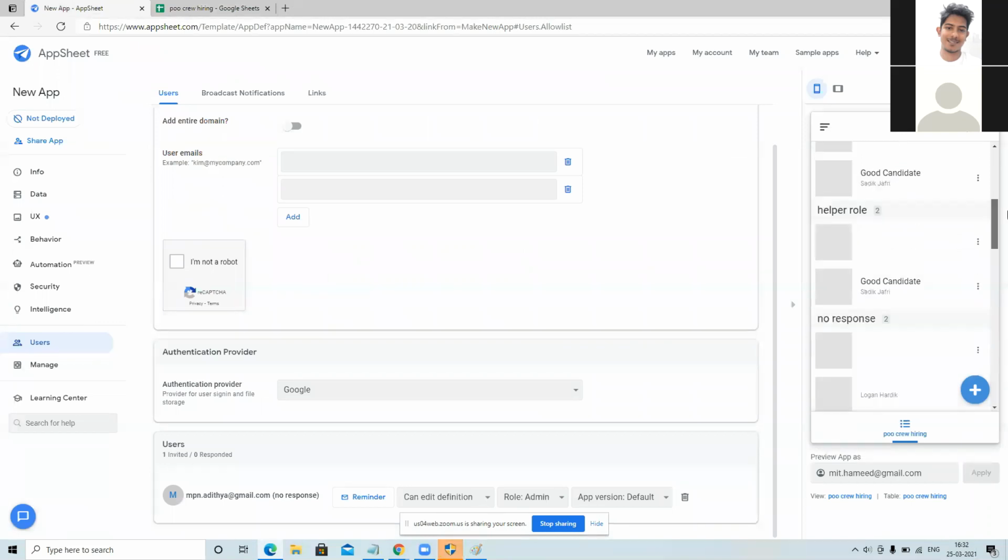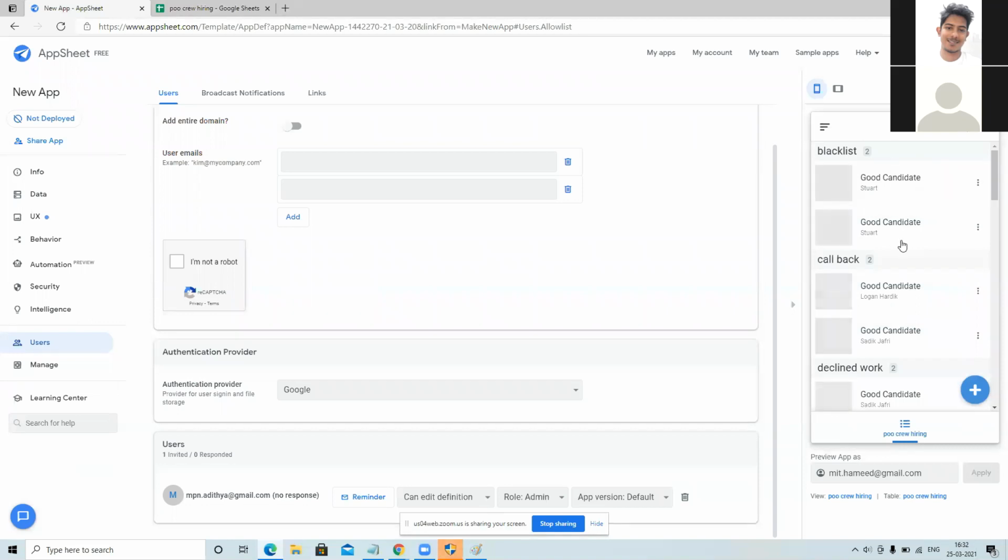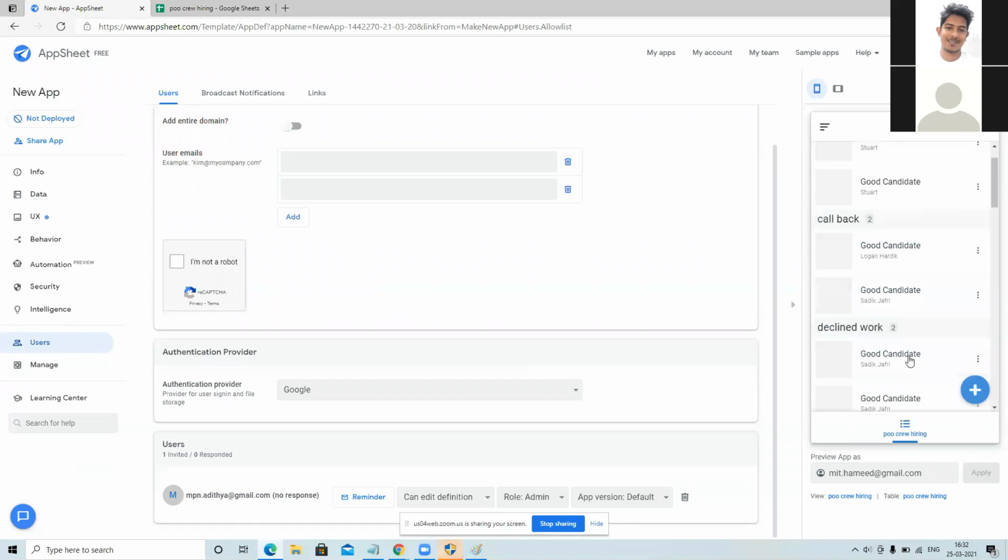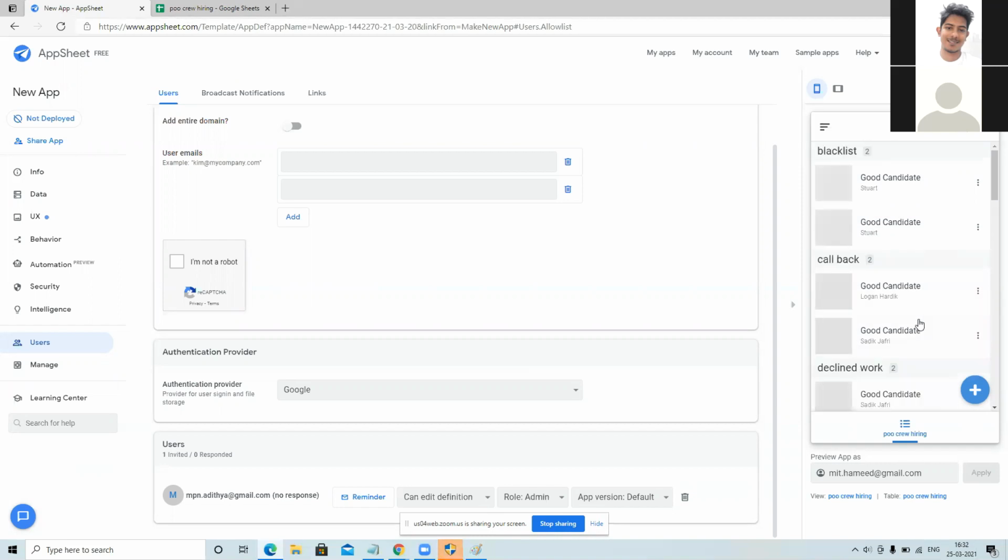Okay. Yeah. It's a blacklist. All declined work people need not appear here. Only people who are good candidates and ready to be closed, or who we didn't call yet, should appear here. If we call and mark them ready to be closed, they will move to the other sheet.